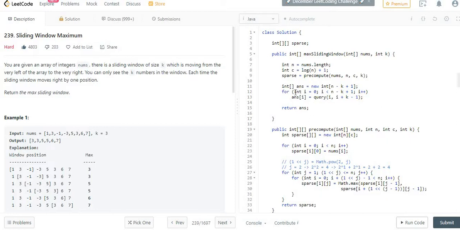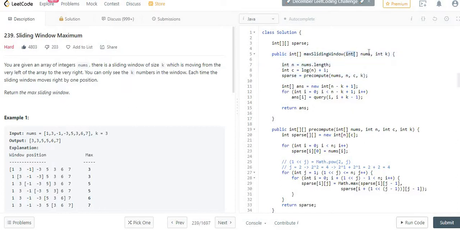So here again I am iterating the same thing. Before looking at the code part, I would highly recommend you to go through these three, like this video and these two articles, so it will give you more clarity on how these things are performed. Okay, so we are given a function that is a max sliding window.